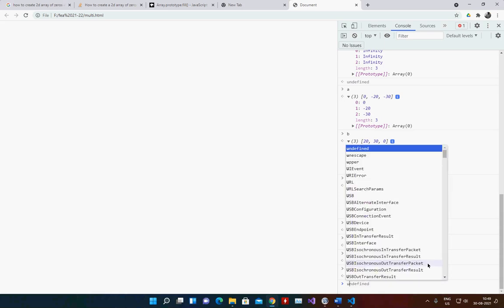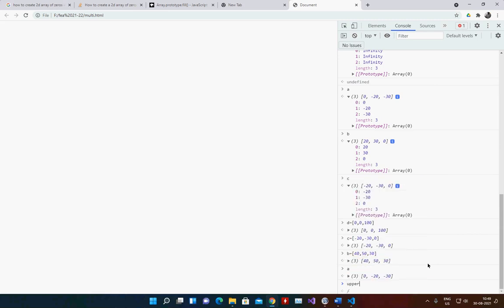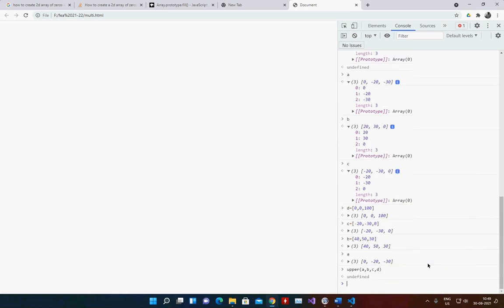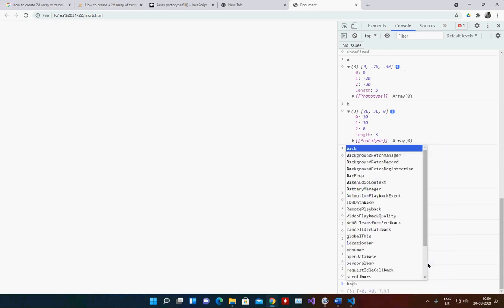Okay, so now I can call upper, and then I can call A, comma B, comma C, comma D. Okay, now I could verify what is the B. So B I am getting now correctly, no problem.